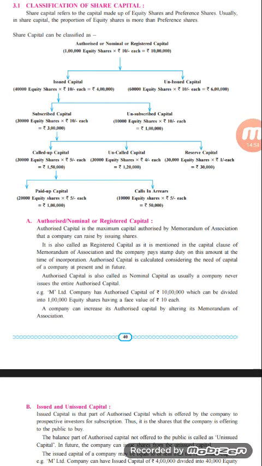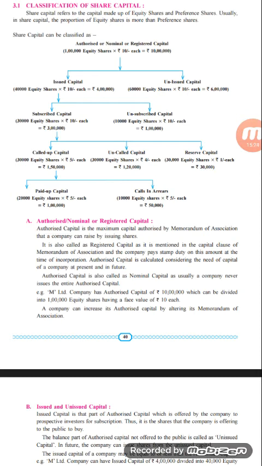On 30,000 equity shares, the company has made a call of rupees 5 each, where the company could get rupees 1,50,000, whereas on the uncalled amount the company will again make a demand of rupees 4 each on 30,000 equity shares, so the company will be able to get 1,20,000. The rest of the amount the company would get after a specific interval of time is rupees 1 each on 30,000 equity shares, that amount comes to rupees 30,000.